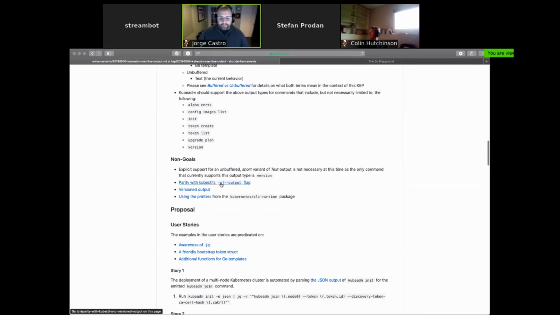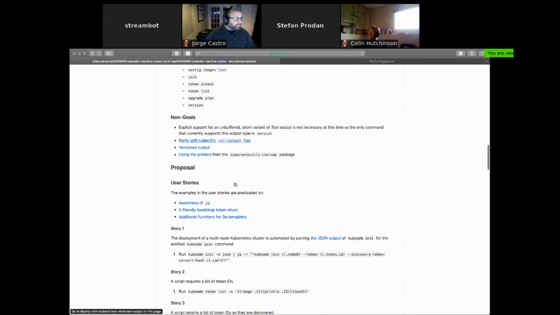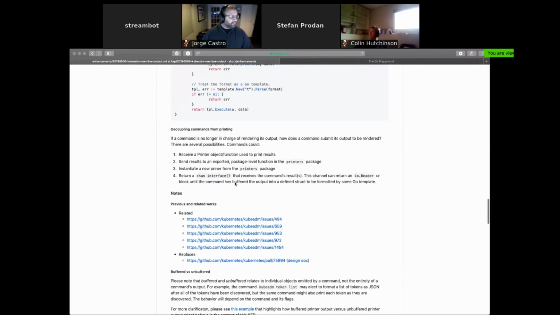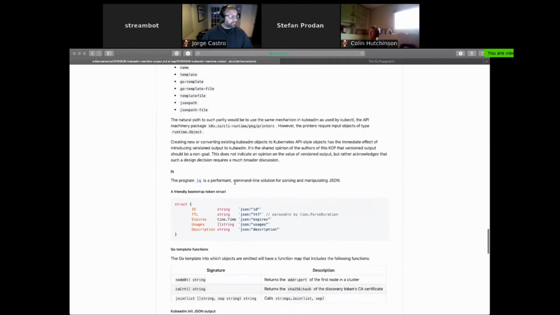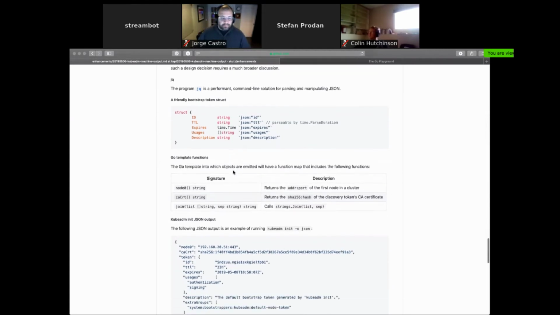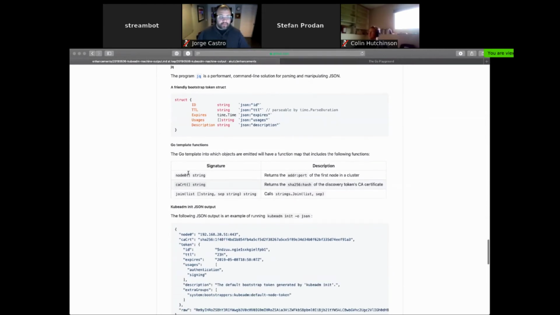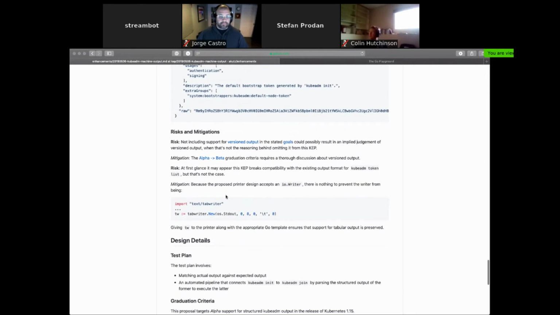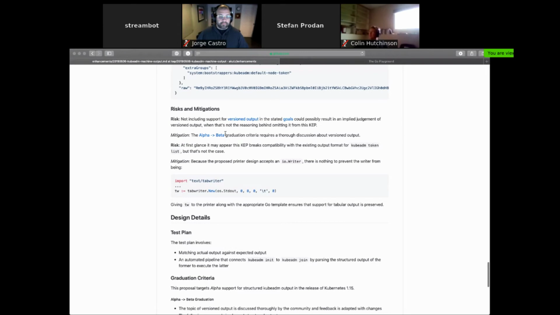We're going to reuse the kubectl output flag, and we're going to use the kubectl printers. And I think pretty much this is fairly obvious. If you've used kubectl, right, you can do -o and get any of those output options. You'll have the same thing for kubeadm. You'll have the ability to output as Go templates and be able to get the CA cert hash, the node that you want, as well as all of the different tokens. And yeah, I don't know how much more to go over.